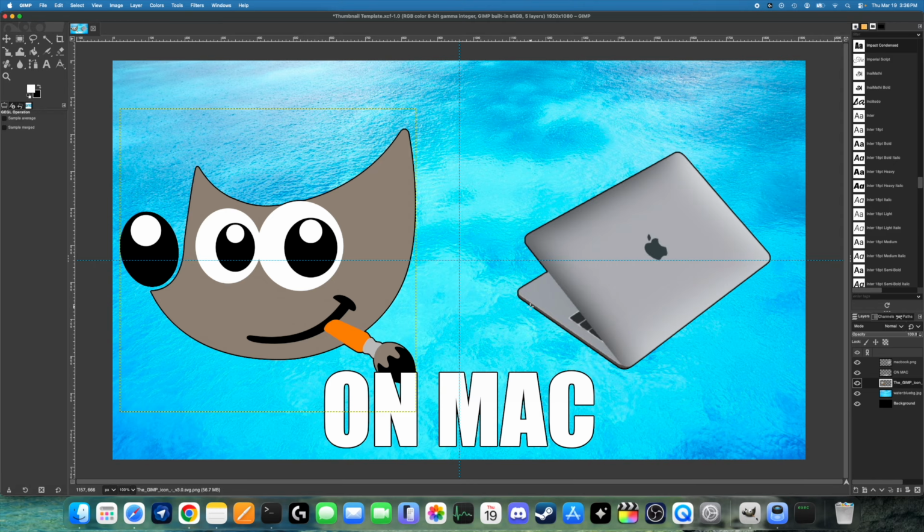Now, GIMP does have a built-in border effect. I'm personally just not a fan of it because there's no preview and it's a little more convoluted, but I'll show you anyways. Maybe I just haven't found a good use for it. So let's press Command Z to get rid of the drop shadow border, and let's move GIMP above the